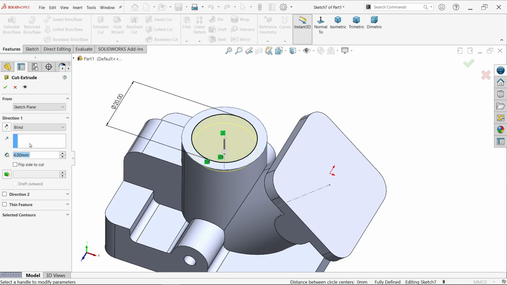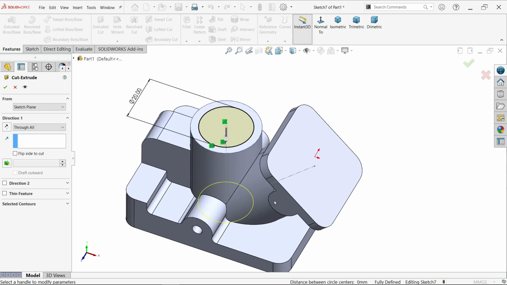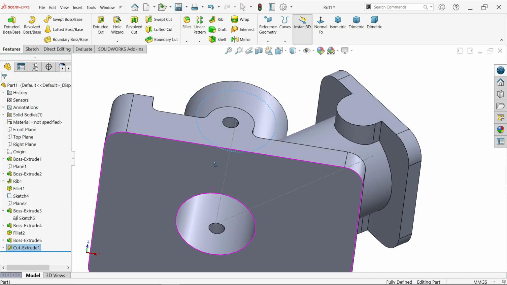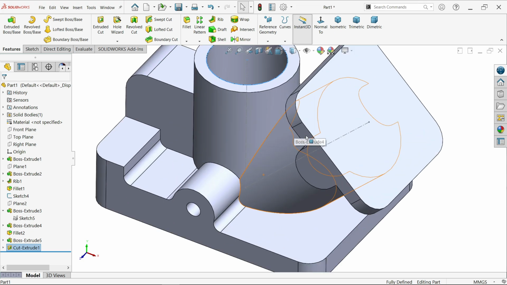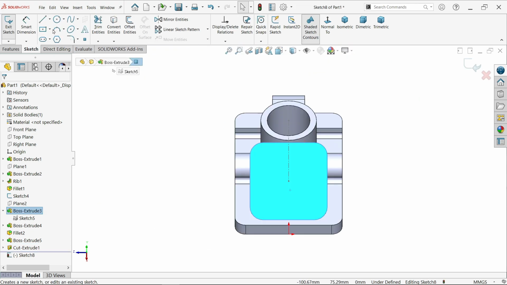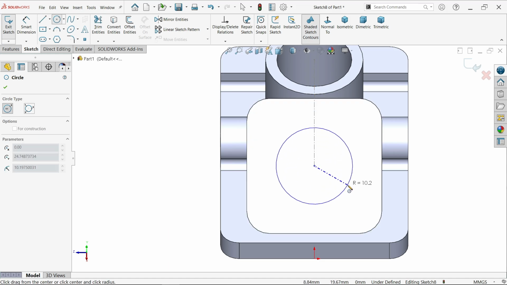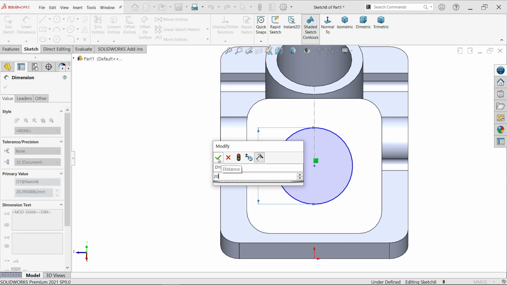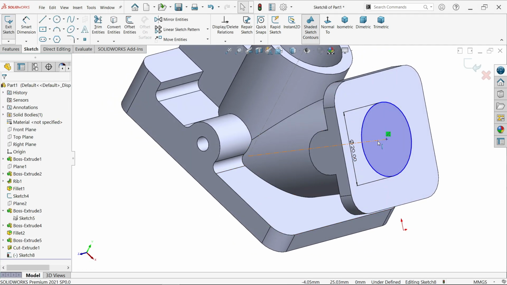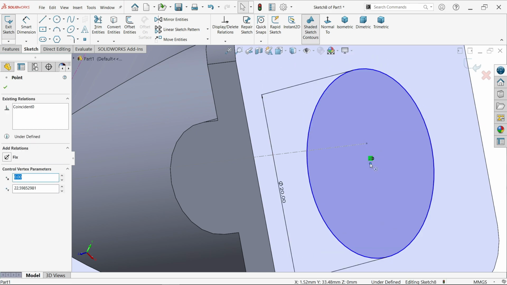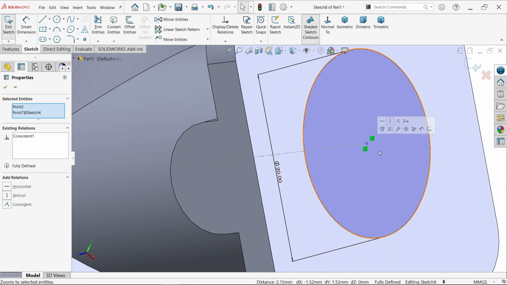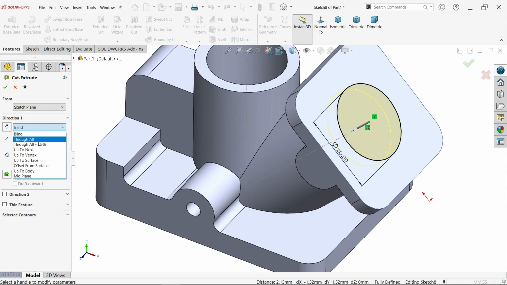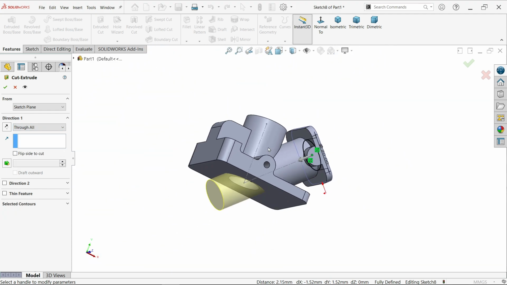Activate extruded cut. Keep end condition here through all. Through all means it's going to cut up to the end of the body. Here look. Similarly, we are going to apply here. Sketch, circle, 20. Okay. Now this is also not a fully defined sketch. Just move cursor, hold shift key, select these 2 center points, coincide. Again go to feature, activate extruded cut, and here also select through all. Through all means, see, it is going to cut